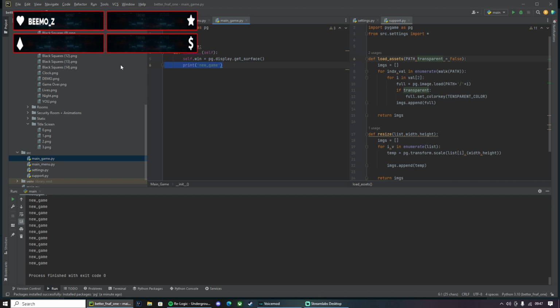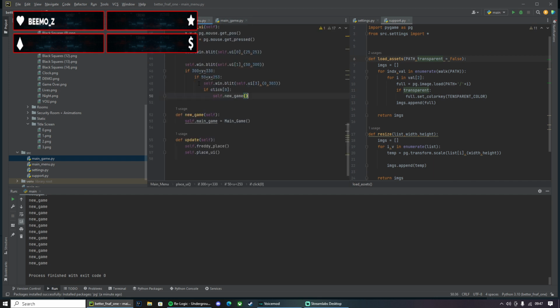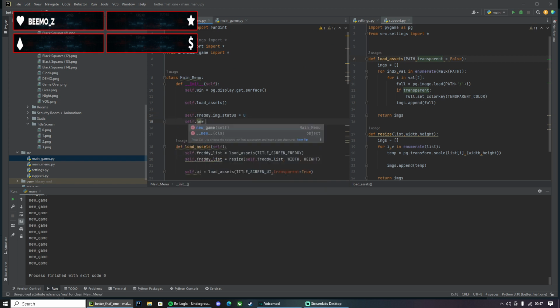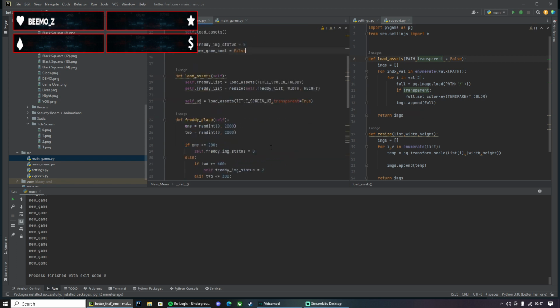This is really long. Okay, we'll need to do a little Boolean thing. So self.new_game_bool, because it will be different, equals false.